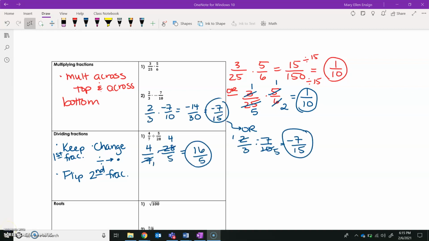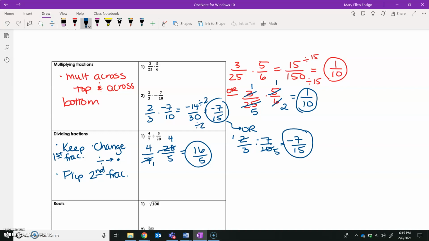Okay, so we see here for the second one, we're multiplying across the top and across the bottom. One's positive, one's negative. That gives us a negative answer. So we get negative 14/30. We can divide both of those by 2. They're both even, which gives us negative